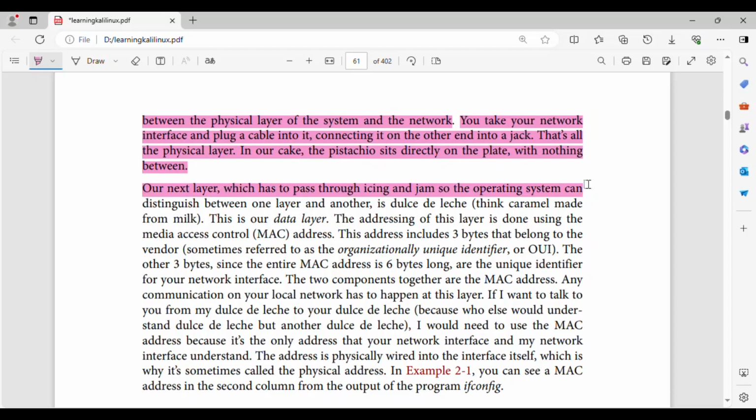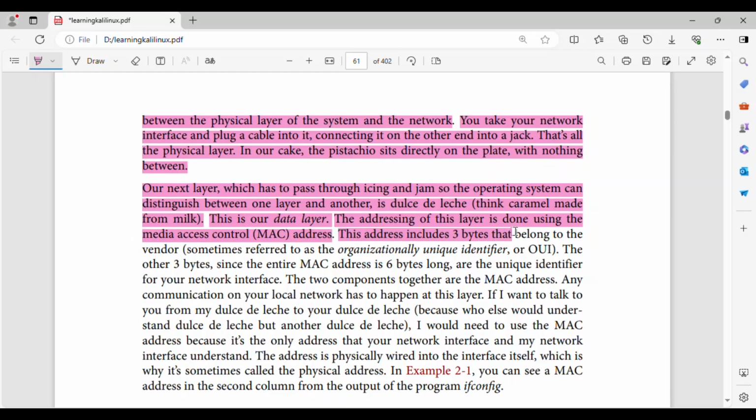Our next layer, which has to pass through icing and jam so the operating system can distinguish between one layer and another, is dulce de leche, think caramel made from milk. This is our data link layer. The addressing of this layer is done using the Media Access Control (MAC) address.